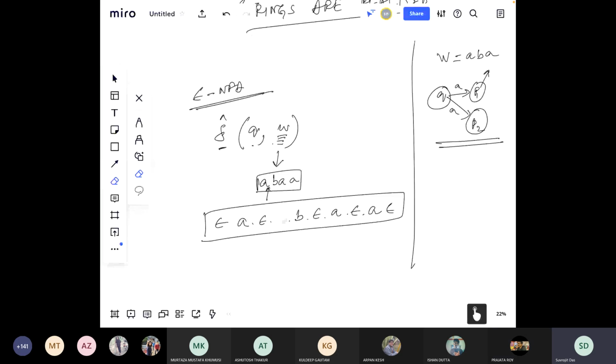So what is del hat for a normal NFA? It is del of del of del of, it goes on like this. And finally del hat of q comma a, and then b, then c, it goes on like this, right? But in case of an epsilon NFA, you need to be absolutely sure that you don't miss epsilon paths, right? So epsilon closure of everything. And also in the innermost part, so you think of del hat of q w. So del hat of q w, you think of this as epsilon closure of,